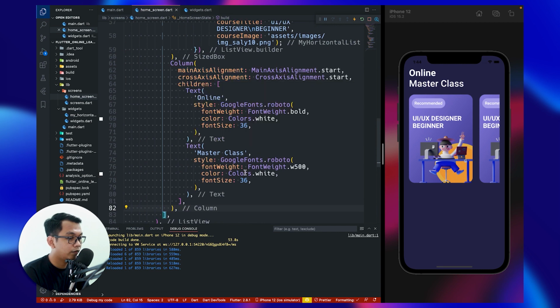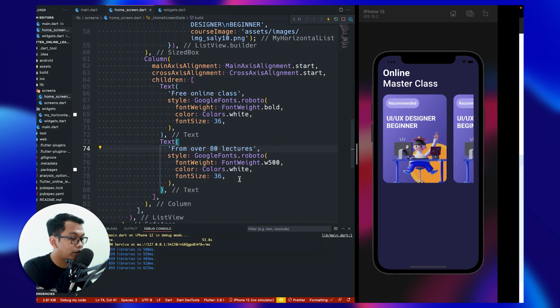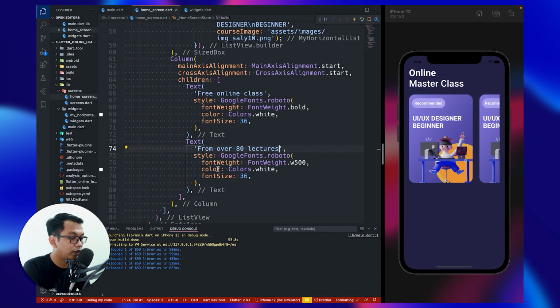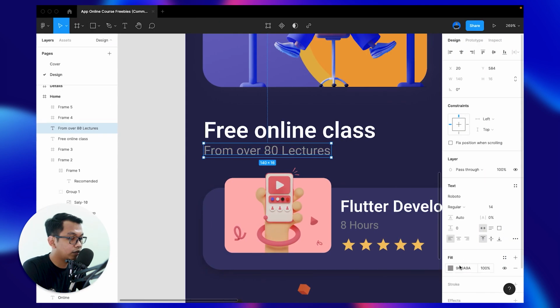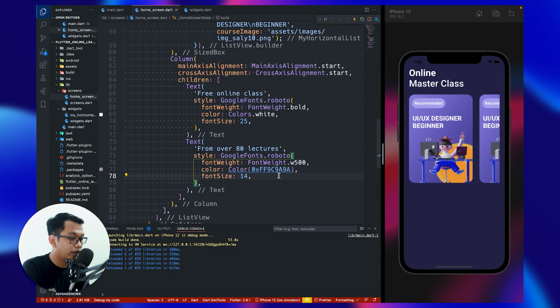And then for the first text is free online class, and the second one is from over 80 lectures. And for the size 25 and 14. For the color white, and the second one is this color. So copy this, paste here. Okay, and add a const modifier.